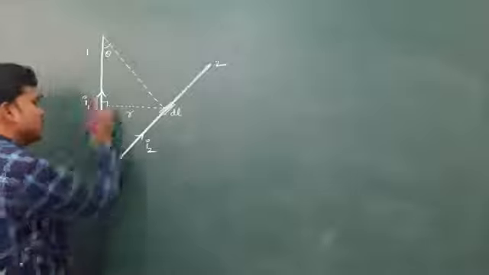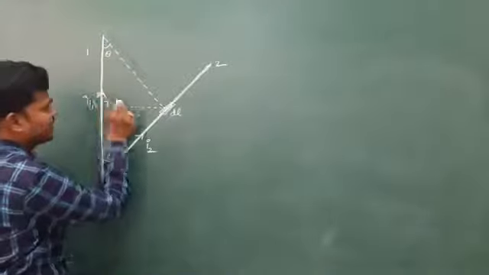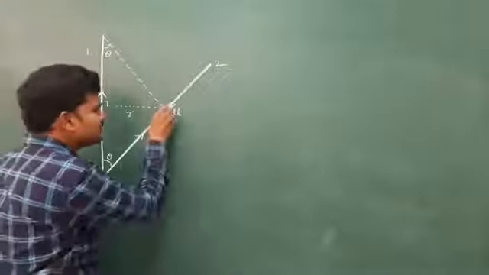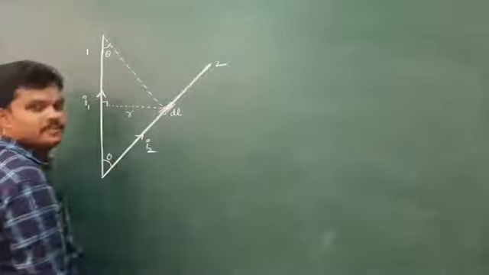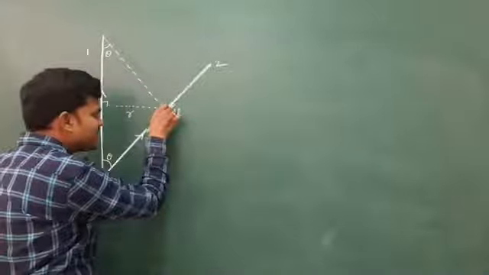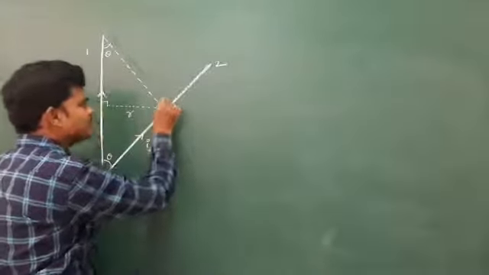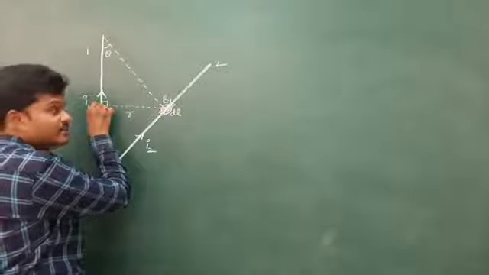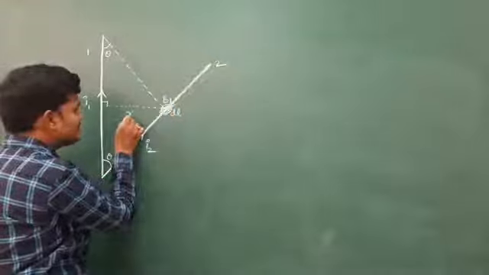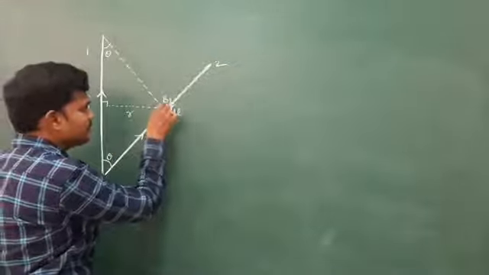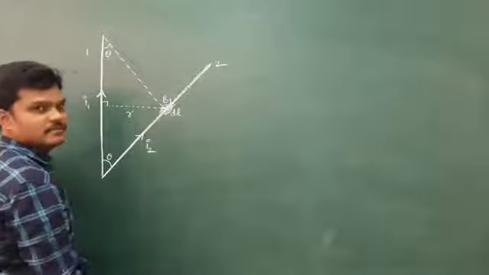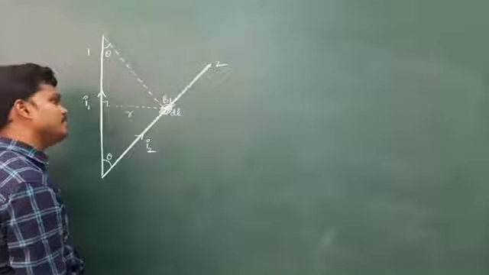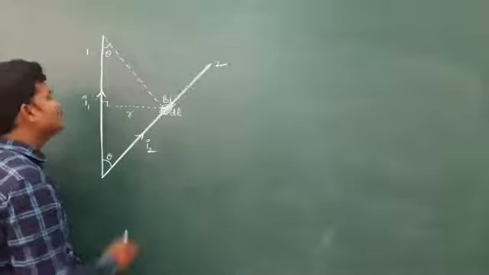See, due to this wire, this wire will experience some force. Why? Because this is in a magnetic field of I1. Due to this wire, here the field is into the board. Let us keep that as B1. Due to the I1, the magnetic field at a distance of r is B1. Tell me how to get this B1? Just forget about the second wire. Second wire is in a magnetic field of B1. Tell me how to get this B1.